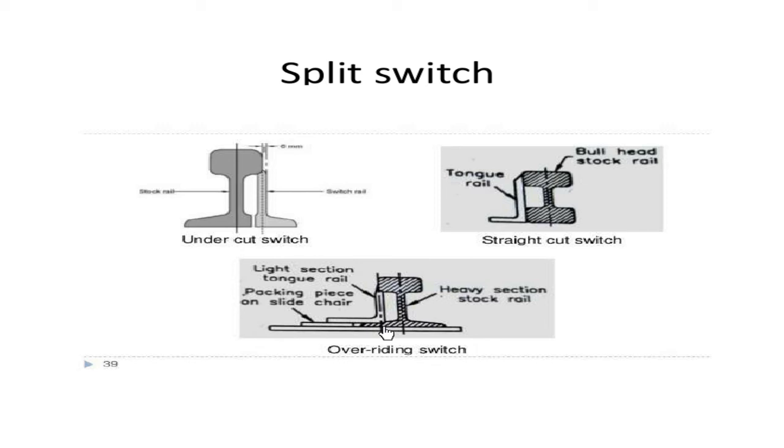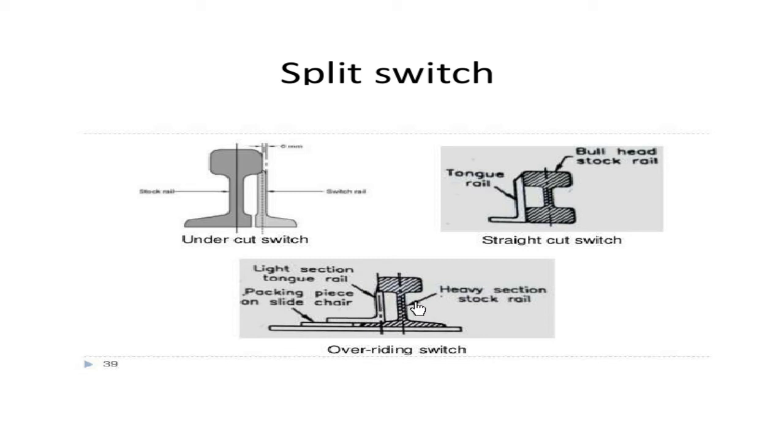Now tongue rail is moved left or right. I have told you, in order to make the wheel flanges go, sometimes you have to make it go right or left. That is, the train has to move right or left. In order to change the track only, we are providing the switches. So that means in between gaps will be coming, and sometimes gap won't be there. That means this rail is movable. It can move either to the left or it can move to the right.